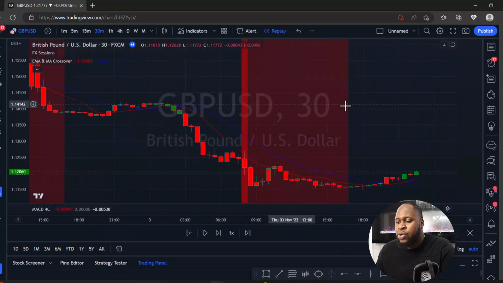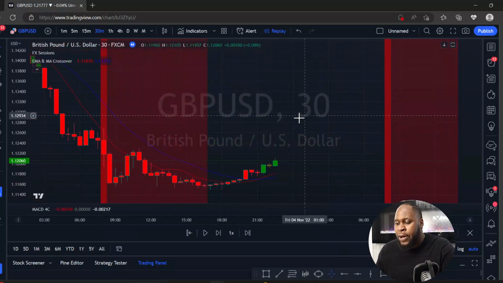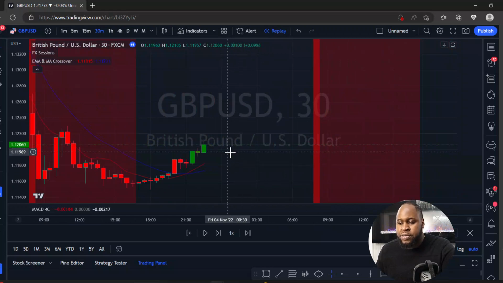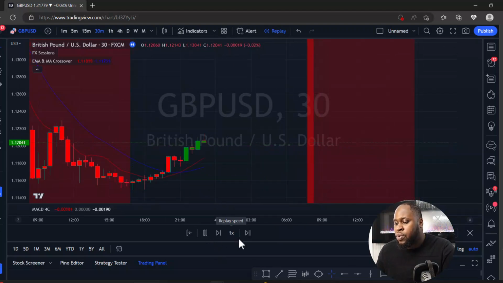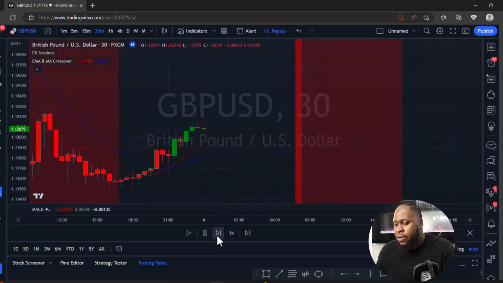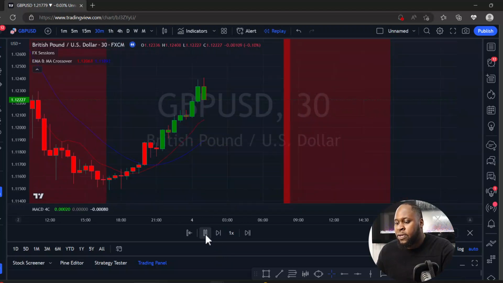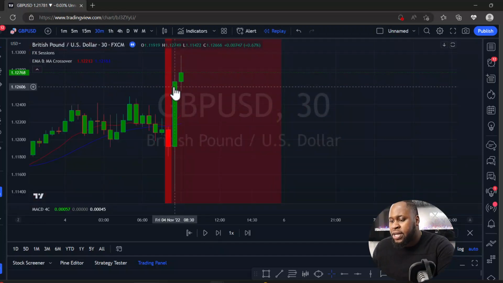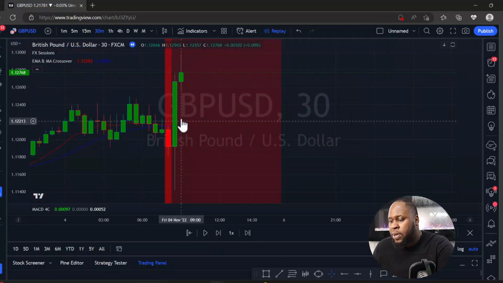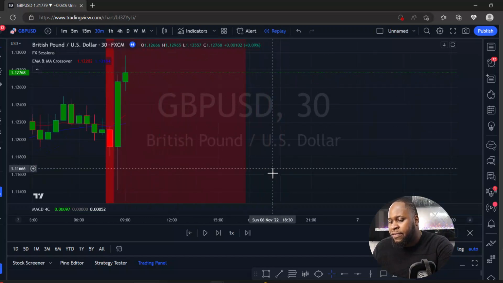Okay, so that's how you want to backtest. But once you get a couple of reps of those in, what's really important is that you get to this area over here where you're doing the replay. As you are doing the replay, you want to make sure you are also being fair in how things would have played out. Now in this next example, we're using the replay, and as the moving averages cross over here,